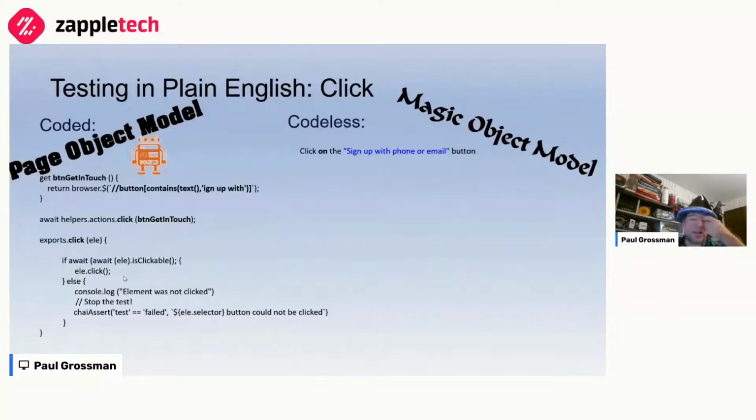Is clickable is a great little check. I know there's lots of other things you can do. Is it visible? Is it enabled? All that stuff. If it's clickable, you've already got that it's enabled and visible. If it's not clickable, there's a good chance that your element may exist, but it's hiding behind a tab somewhere. If we can't do a click on this, if it's not clickable,